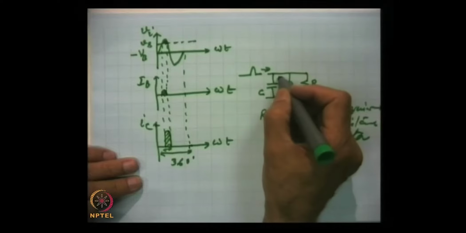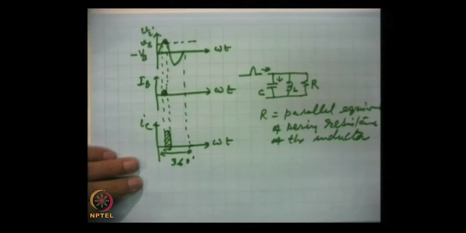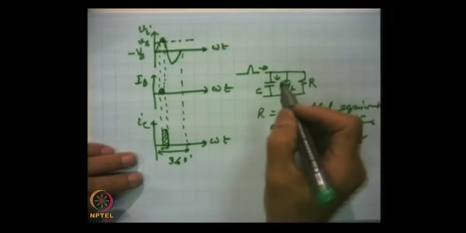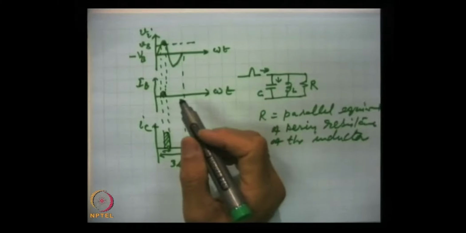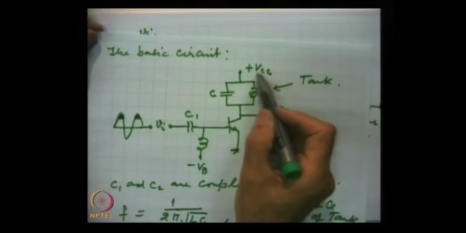So, the current will pass through this capacitor, and this capacitor will be charged, and this will acquire almost the same charge as here, VCC,